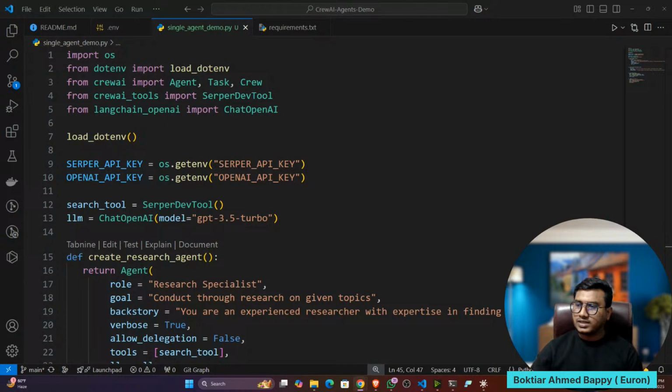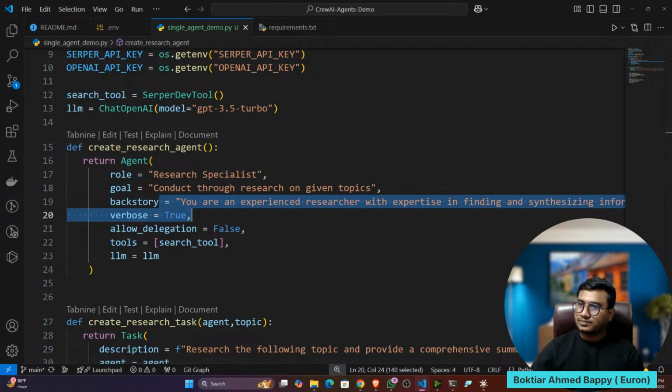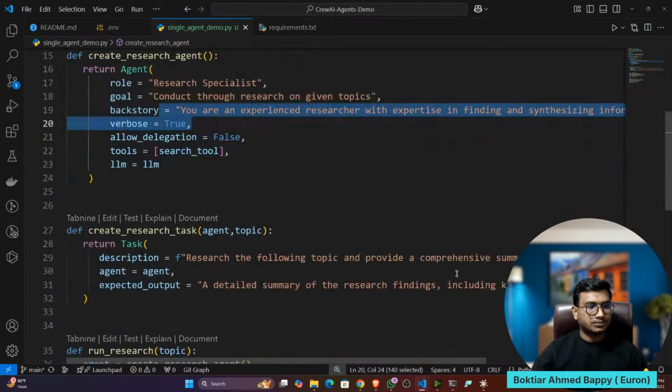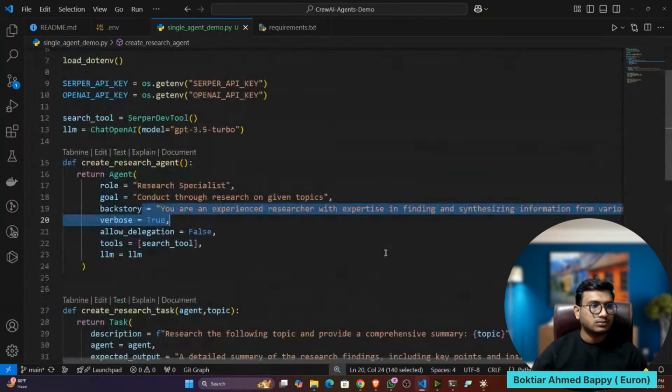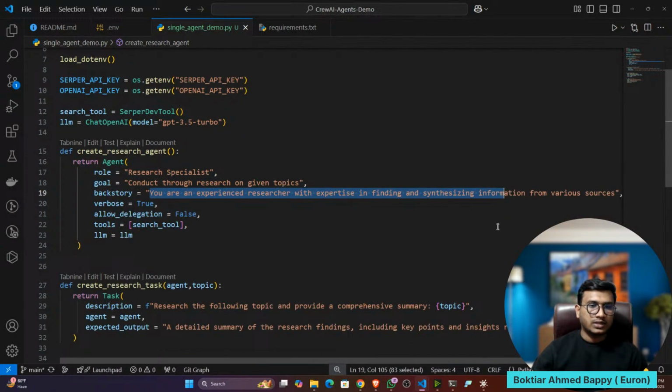No, you don't need to specify the prompt. I mean, that's how you don't need to do, okay? If you're using Crew AI, it's super easy to give the prompt. Backstory means this is the prompt of the agent, like what this agent needs to perform. So that thing you have to define here. Like I think you remember in LLM also you used to give a prompt, right? Sorry, system instruction.